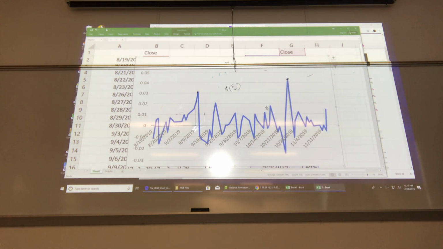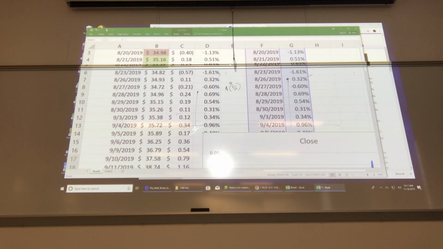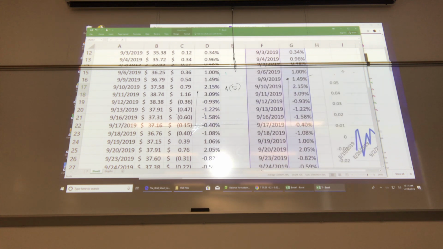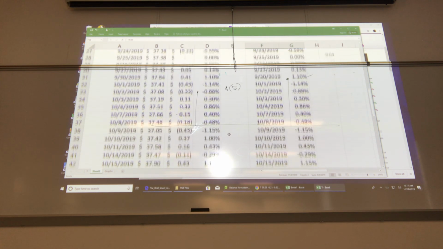How much did the price move up or down on those particular days? I can see it whenever I want here. I take it. This is one point that I spotted. The other point that I spotted is